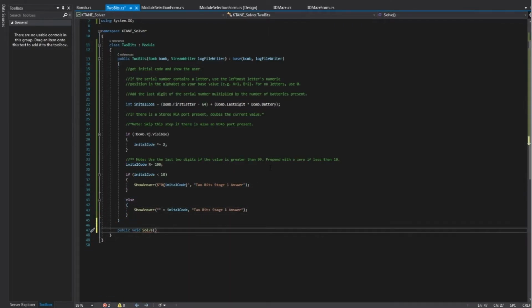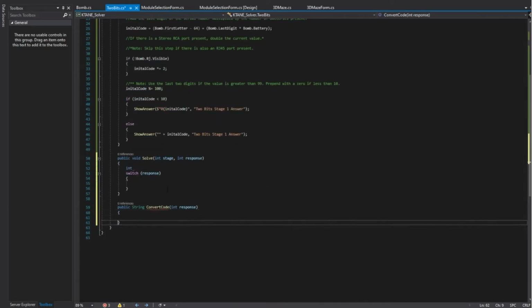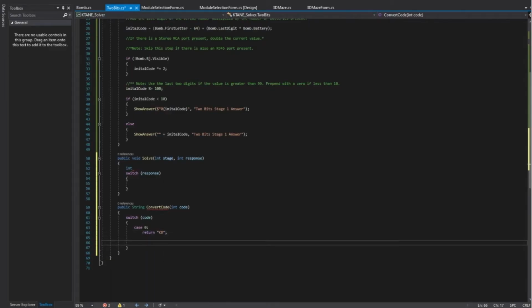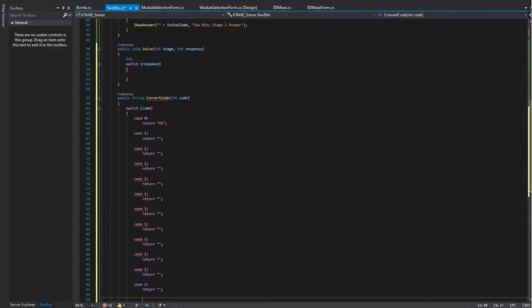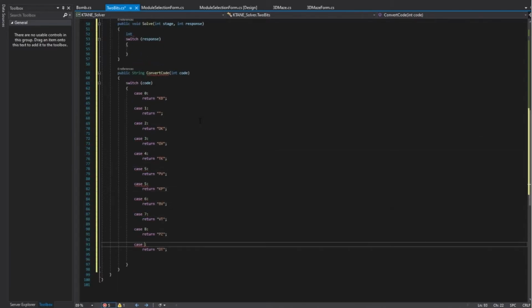I then had the painstaking task of implementing the chart that is found in the manual, to get the actual code the user needs to submit. Unfortunately, I couldn't find a fast and optimized way of doing this besides using a switch statement and writing all 100 cases. It wasn't hard, it was just annoying. I was also nervous of messing up the return value and having to take a long time debugging just to find my finger slipped. Luckily that wasn't the case and I did this module with little to no mistakes.